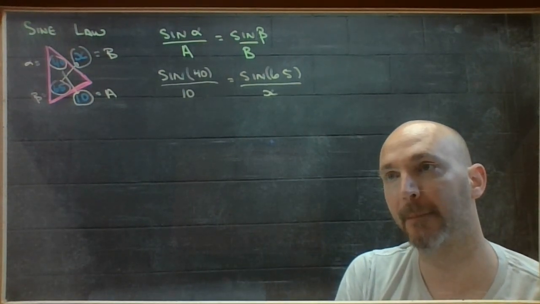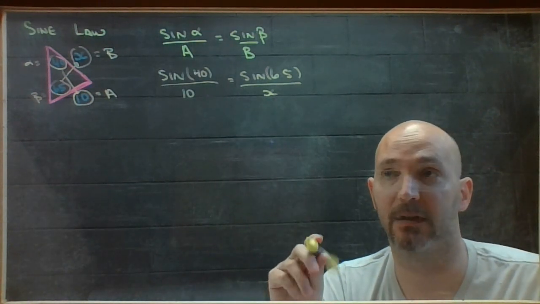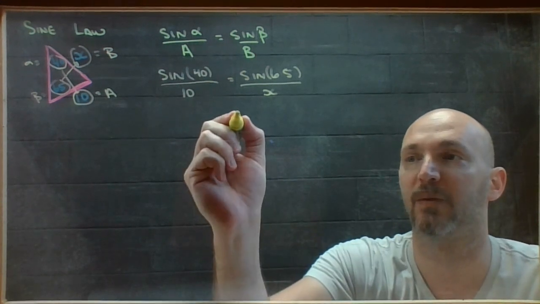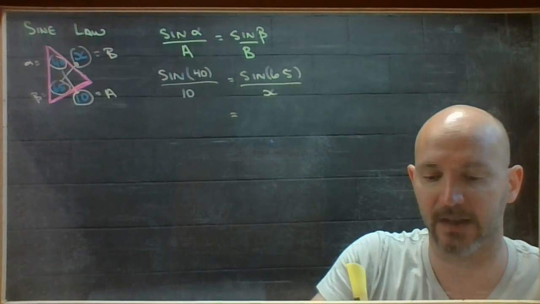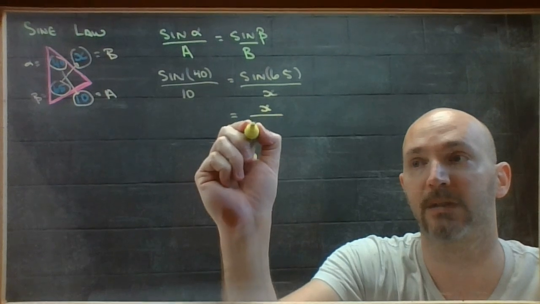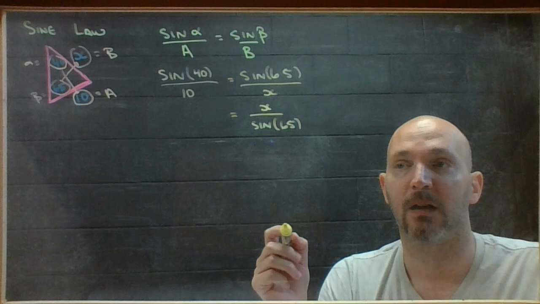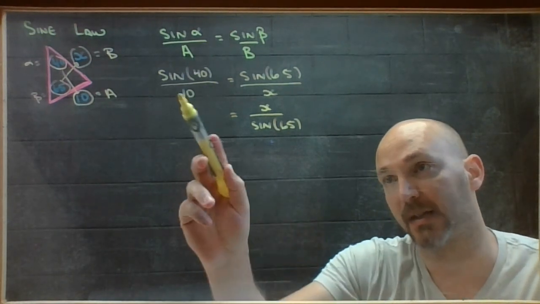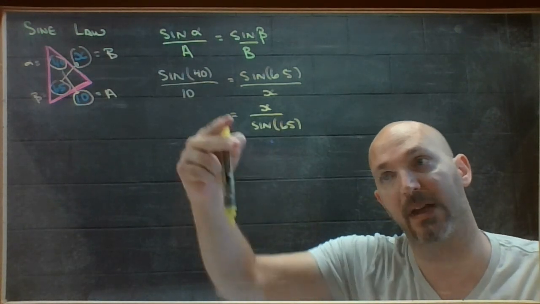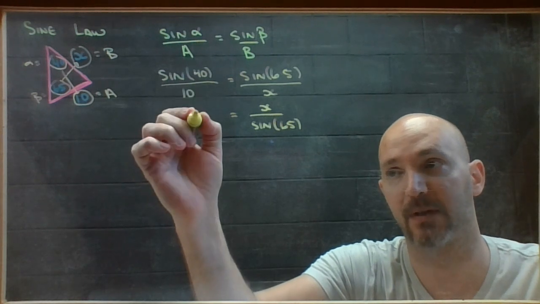Okay. Now, first thing, I have my variable in the bottom, and that's not where variables go. They need to go on the top. So this fraction is inconvenient in that form, so I'm going to flip it upside down, like so. Now, that's okay, as long as I have another fraction on the other side that I can also flip, so that I've got matching things on both sides. So if I flip this one,